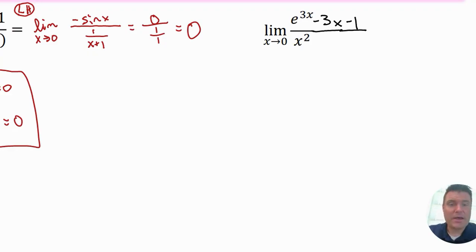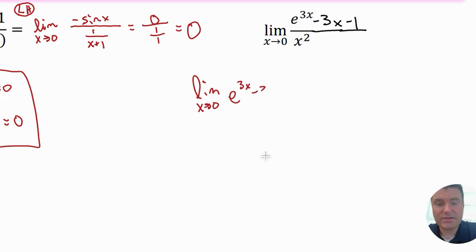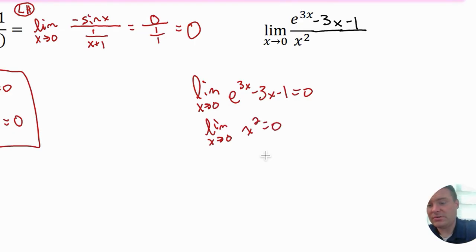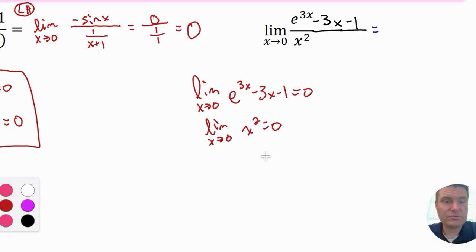So again, we're going to use LHOP here. If we do have this in the form of 0 over 0, we plug in 0 in the numerator. I'm going to end up with 1 minus 0 minus 1, which is going to give me 0. So it's important to note that in this little area so that I can use LHOP. So e to the 3x minus 1 does equal 0. The denominator, when I substitute in a 0, also gives me 0, so I will be able to use LHOP here. So this is equal to, and I just put an LH, noting that I'm using LHOP,